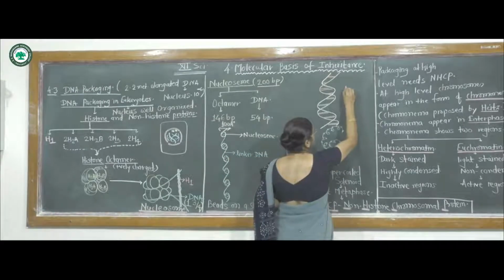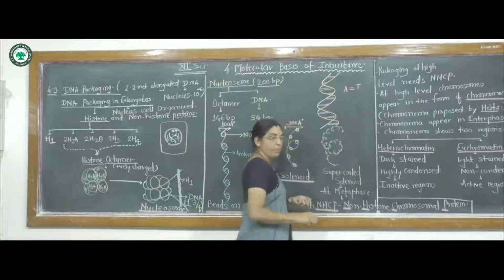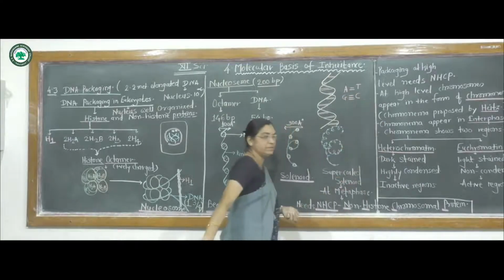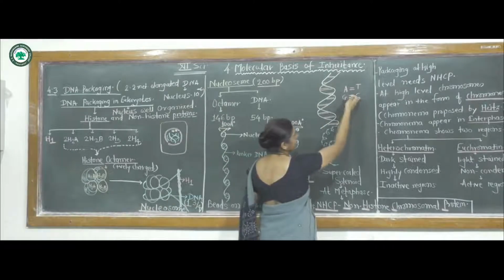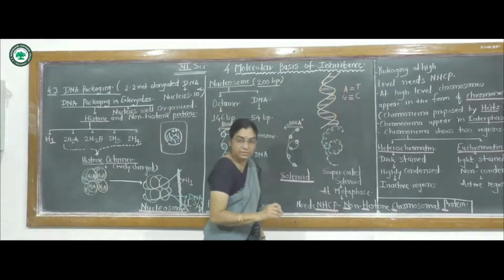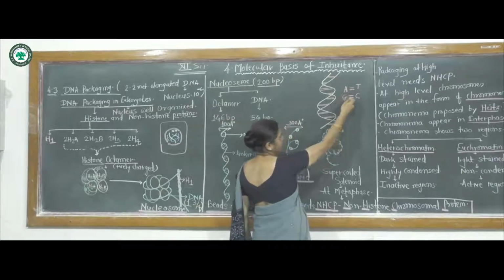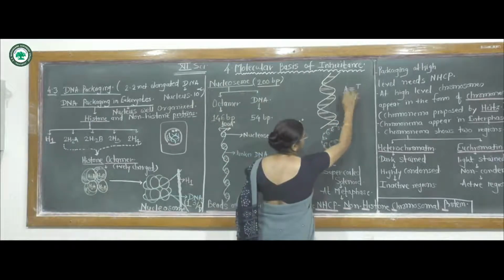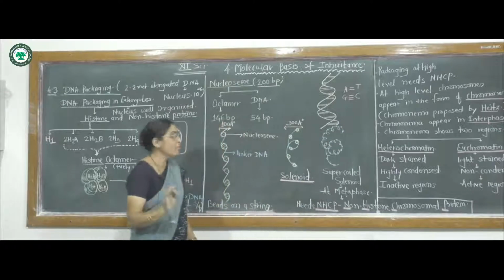Suppose adenine pairs with thymine by two hydrogen bonds, and guanine pairs with cytosine by 3 hydrogen bonds, which are the complementary nitrogen bases, or maybe vice versa also. The thymine may get linked with the adenine by 2 hydrogen bonds, the cytosine with the guanine by 3 hydrogen bonds. So adenine-thymine is a nitrogen base pair, guanine-cytosine is a nitrogen base pair, or maybe vice versa.